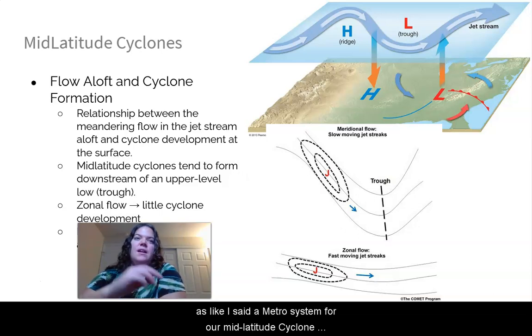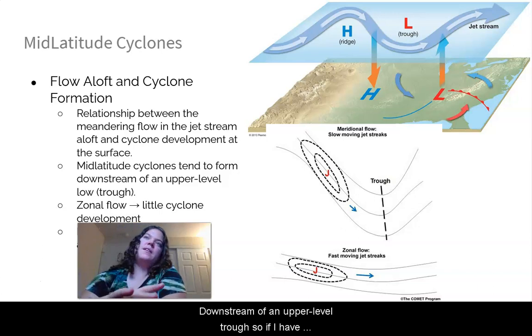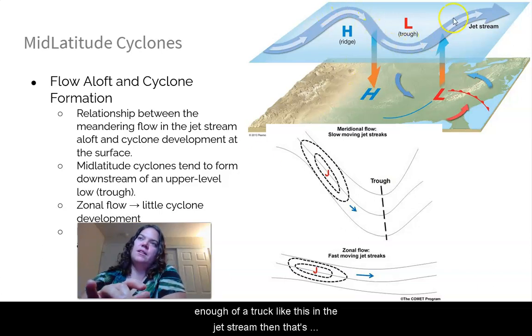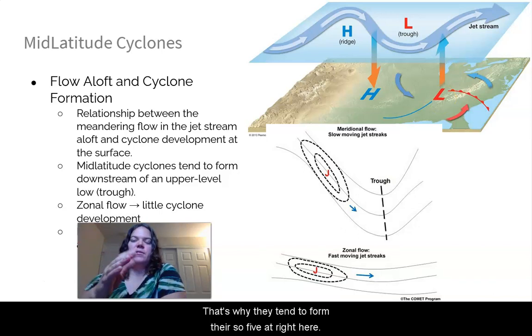mid-latitude cyclones. They tend to form downstream of an upper level trough. If I have an upper level trough like this in the jet stream, then that's going to intensify my surface storm. That's good for the surface storm, which is why they tend to form there. So if I have a trough here,